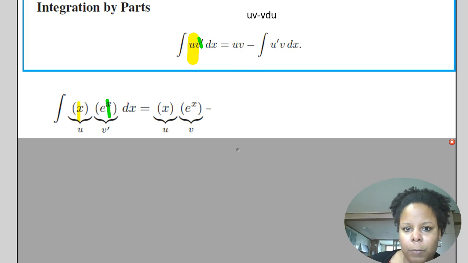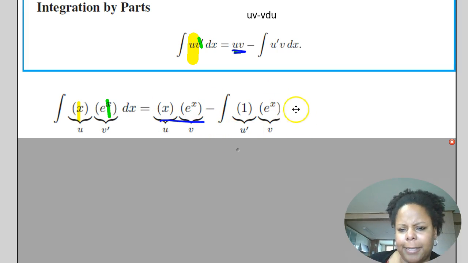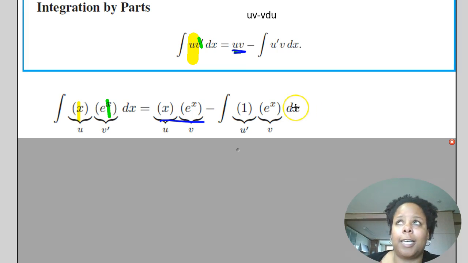We have this part. This part is now this part minus the integral of u prime, which, since u is x, then du dx is 1, times v, since we already said v is e to the x, dx. Okay? I know some of you are saying, wow, that looks a little bit more, it's still a difficult process,